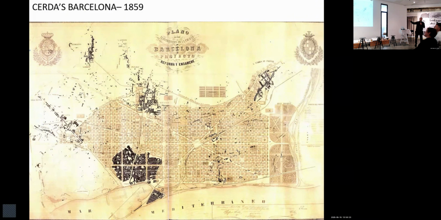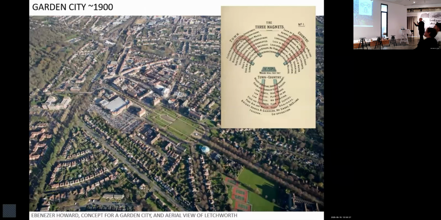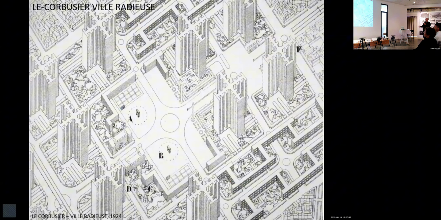Theories have changed. We see Stradine introducing the diagonal. We see the garden city, and Ebenezer Howard with his three magnets, and then how this becomes implemented as a city, and then the suburbs that come out of it, which I don't even want to talk about. So we have different theories all the time, but the tools remain more or less the same, right?